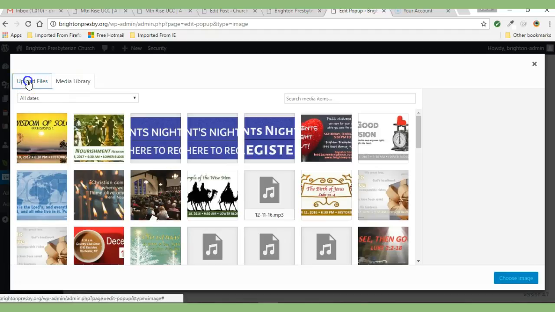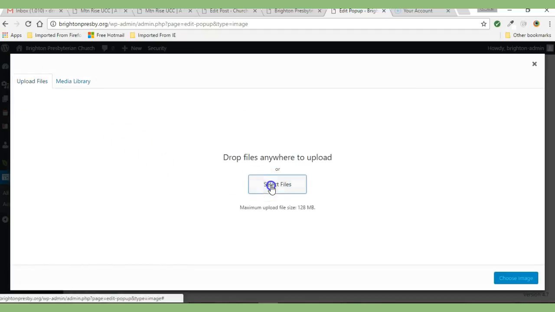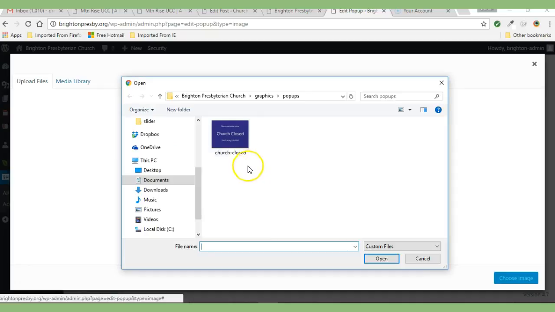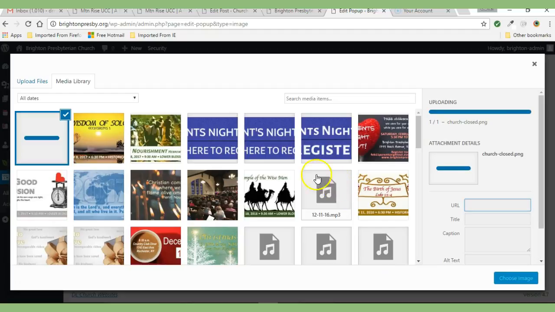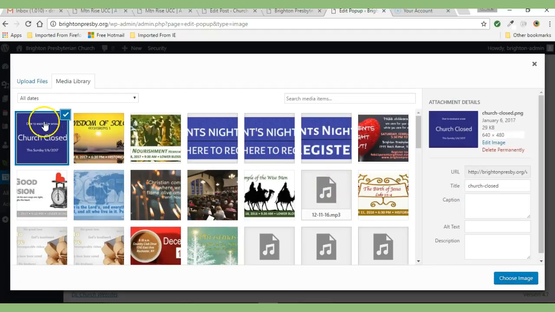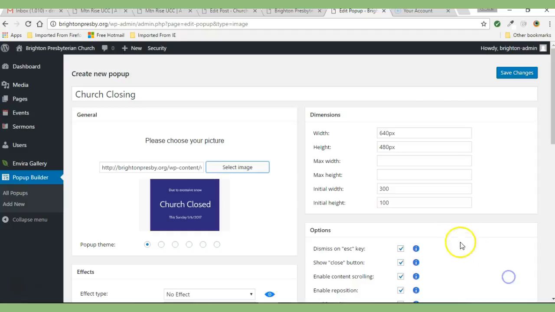We're going to go to Upload Files. We're going to select Files, and we're going to navigate to the place on our computer where that image is. In this case, it's right here. I'm going to select the image. I'm going to click on Open, and as soon as I see the image appear here with a check mark, I know it's been uploaded to the website. I'm going to click on Choose Image,